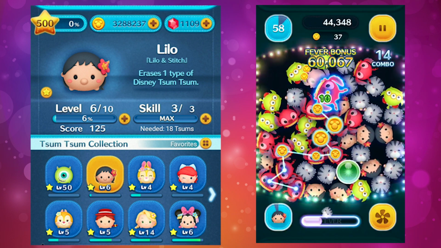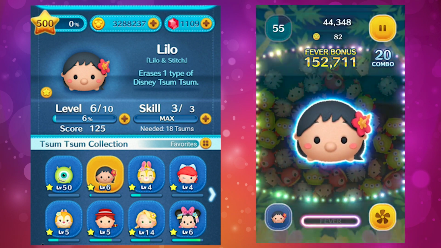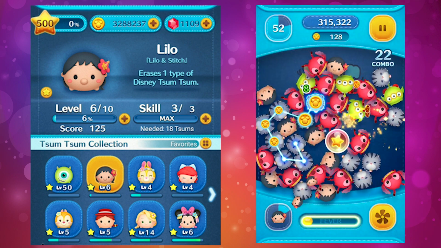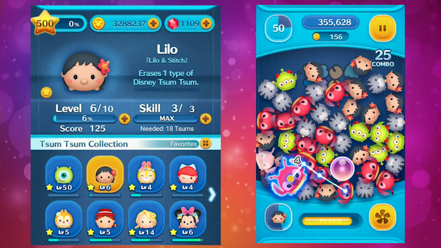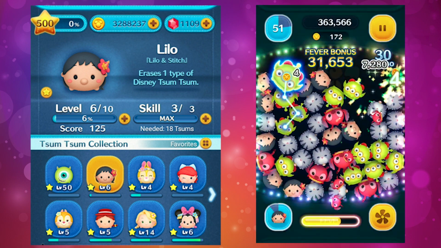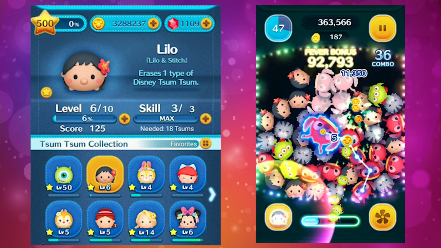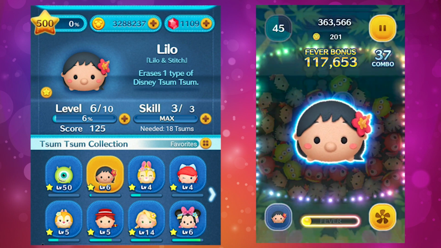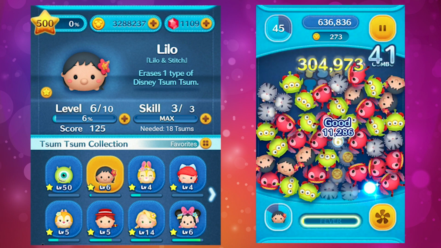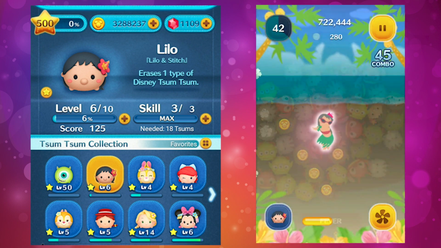activate her ability. And one interesting thing about Lilo is that her ability actually maxes out at skill level 3. So sometimes this is good, but sometimes this is bad. It's bad because the skill essentially maxes out at skill level 3. It's not like it's performing at skill level 6, it just maxes out at skill level 3. It's good because sometimes you just really want a max out Tsum. So those are the reasons why it's good and bad. But in terms of performance, Lilo is not that great for coins, and for score it's a little mediocre as